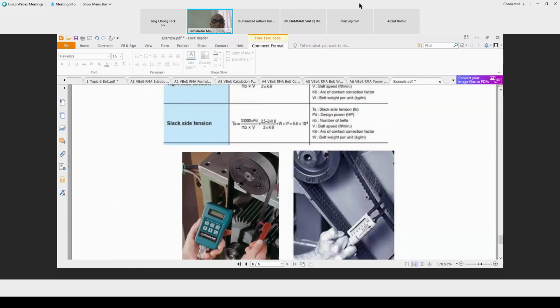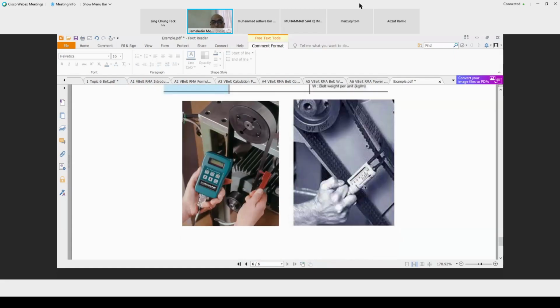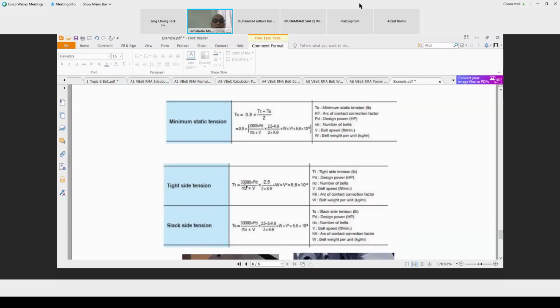Then this value should be read by your tension meter, whether manual, this one, or maybe digital like this one. That's what I mean by the minimum static tension. That means when static, this is the tension of the belt. It should be the same at the tight side and the slack side, which will not be moving. Hopefully, by setting the value to here,